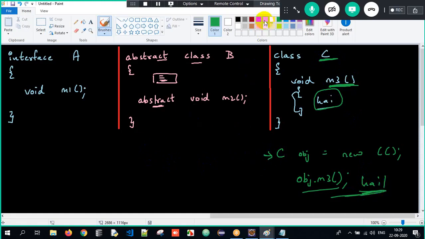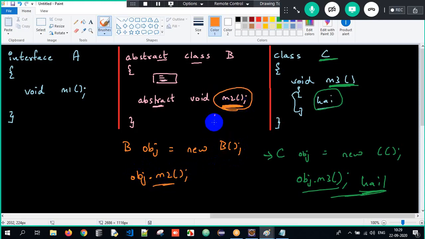But now if I create an object of abstract class B, obj equals new B, and call the m2 method, what is the implementation? There's no implementation at all. So an abstract class is an incomplete class, meaning it does not have complete concrete methods. Therefore we cannot create an object of an abstract class.